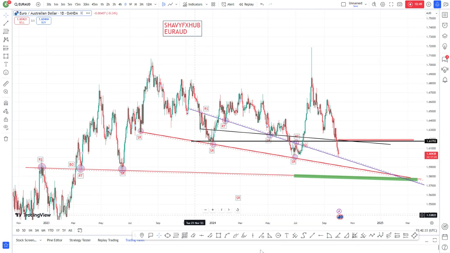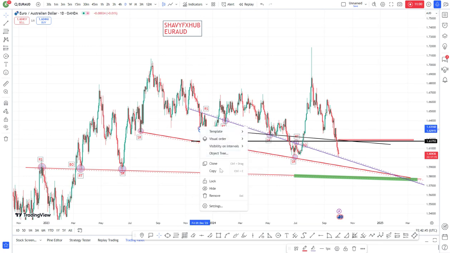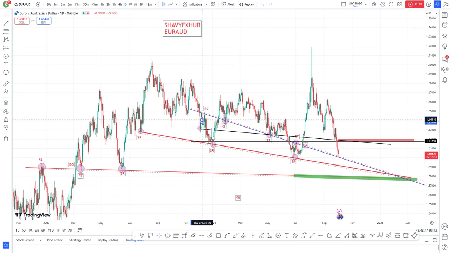Price formed the support at this level, we have a support at this level, and after the break of the support, price came back for retest. We broke the structure and came back on retest. So we're gonna take this out and replace it with R. Yeah, I prefer RT. So let's bring RT here to do the work for us.